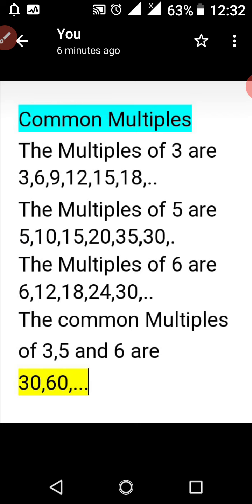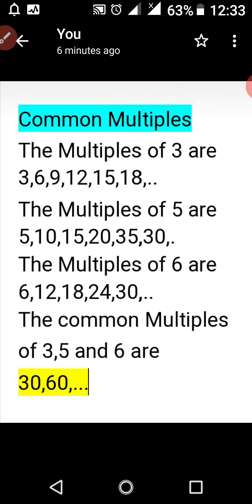We already know an important point regarding these multiples. The number of multiples is large for each and every number. There is no limit to the number of multiples. We have so many multiples for every number. That's why let us find only a few multiples of each number. Then the third one is the multiples of 6. 6 ones are 6, 6 twos are 12, 6 threes are 18, 6 fours are 24 and 6 fives are 30.